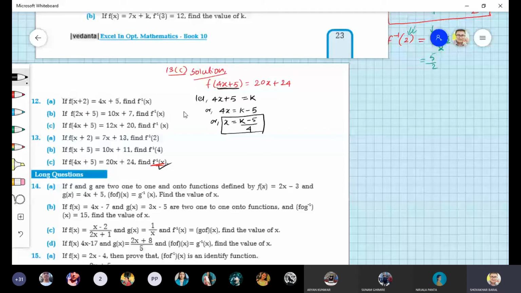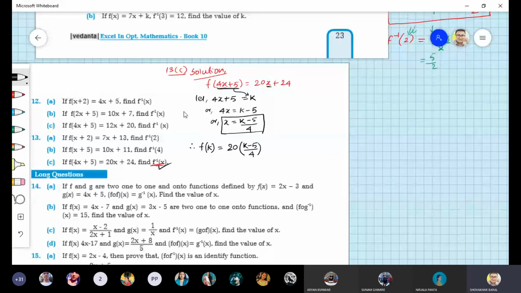Now I need to replace all the values of x in this function with this new value, in terms of k. Therefore, you can simply replace 4x plus 5 with k here, or otherwise you can replace this x with (k minus 5) by 4. You will get the same result, but I prefer the first one. Simply replace 4x plus 5 by k. Therefore f of k will be equal to 20 times x, and x is (k minus 5) divided by 4,